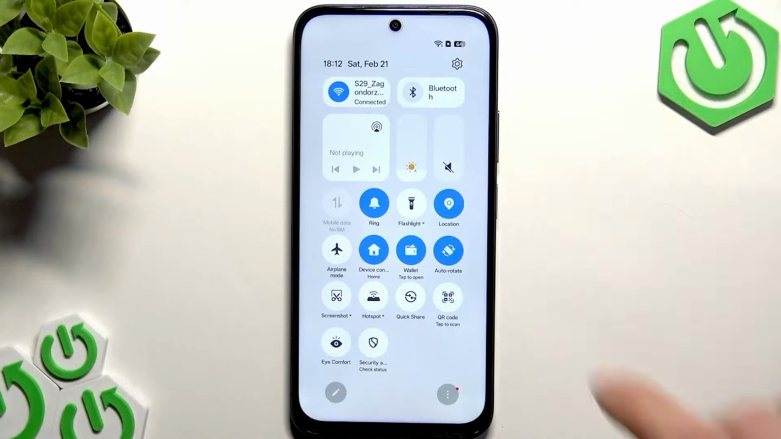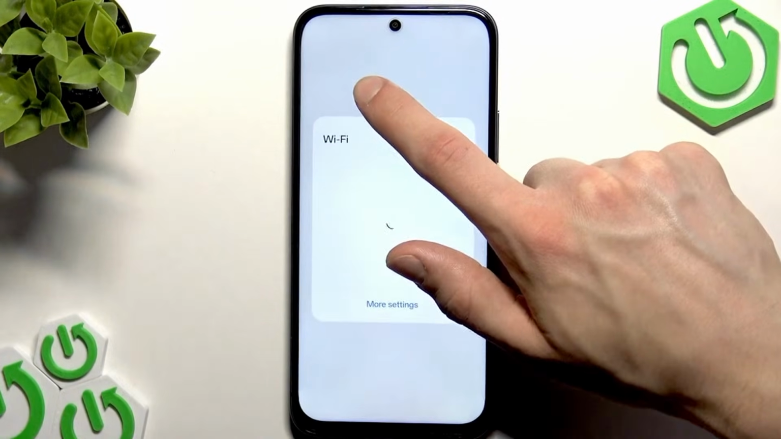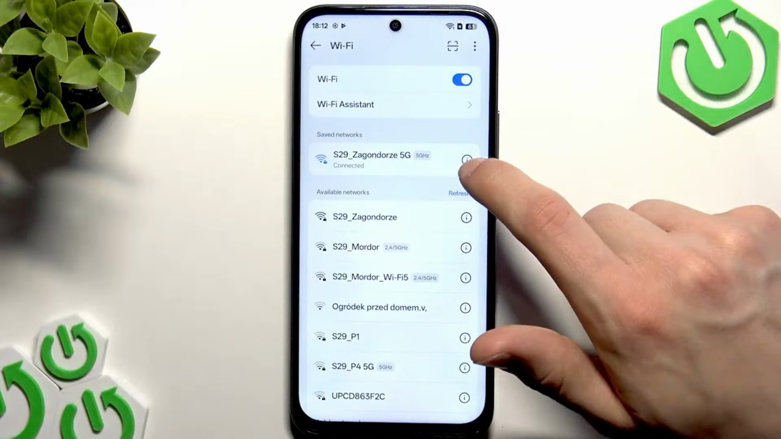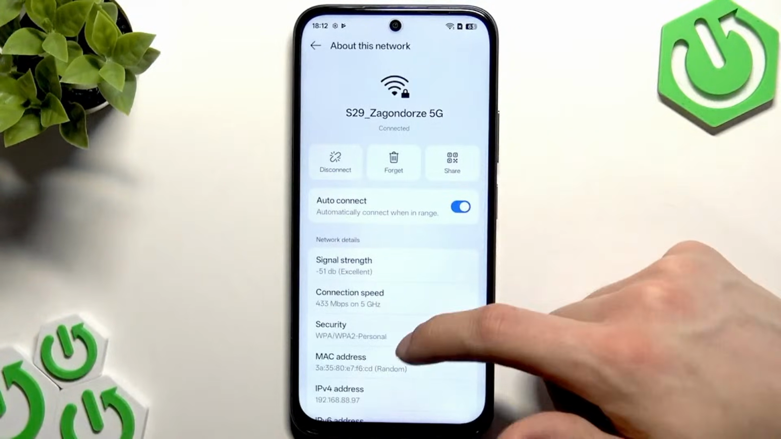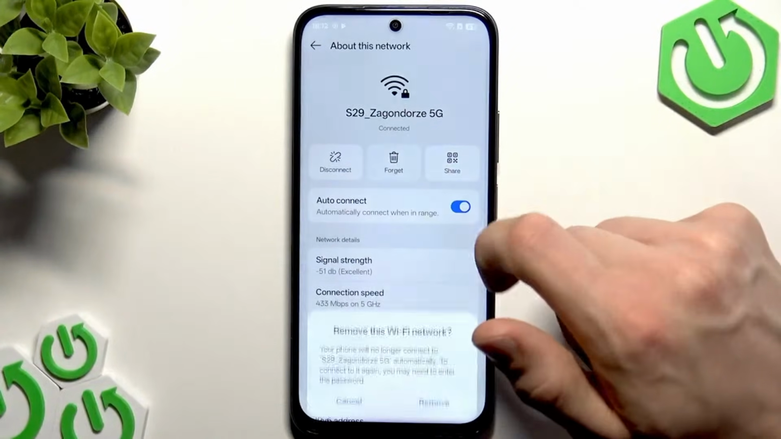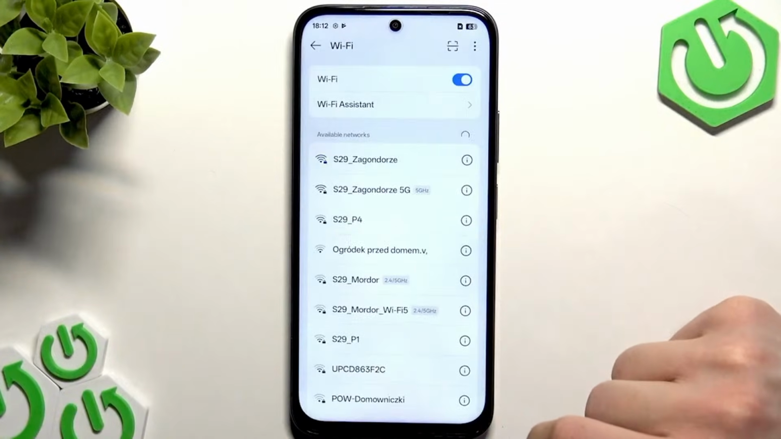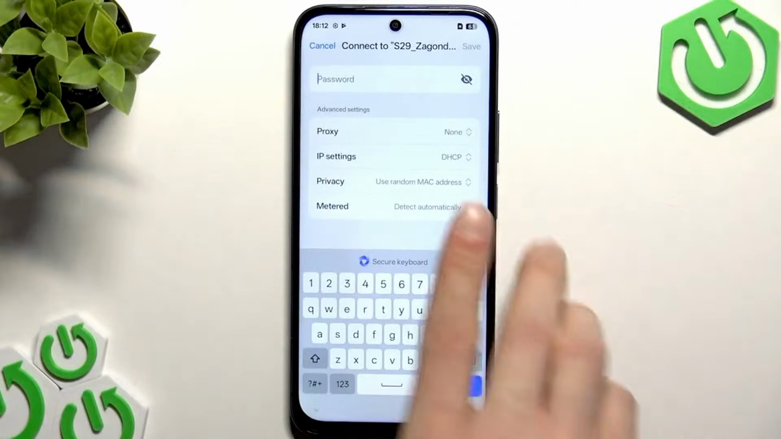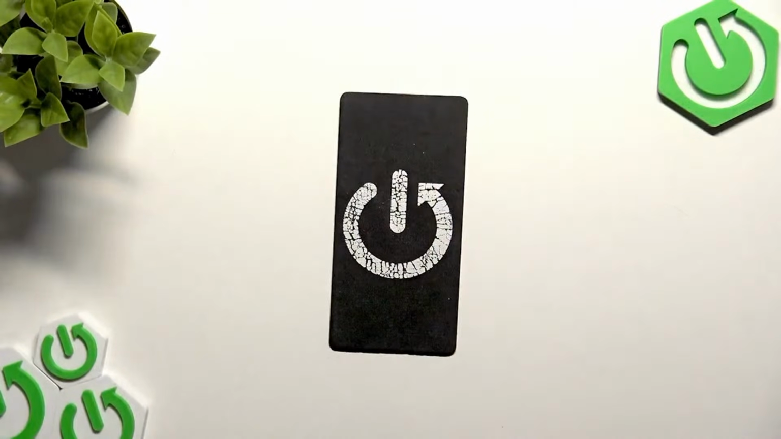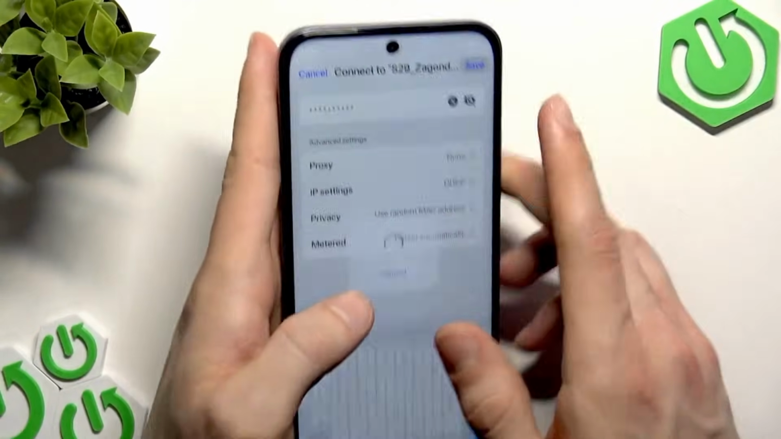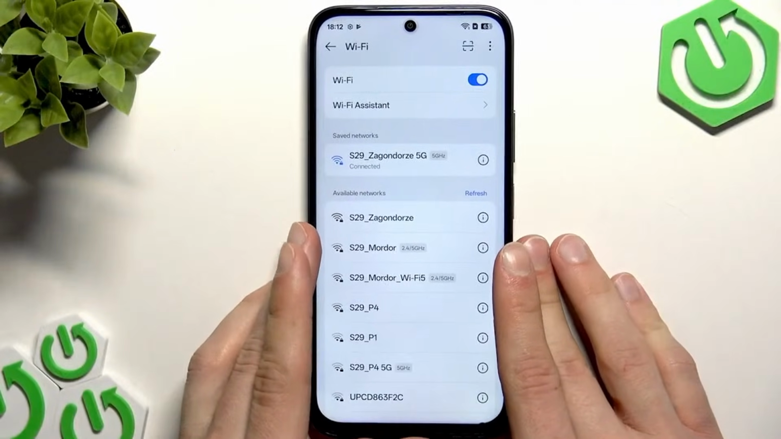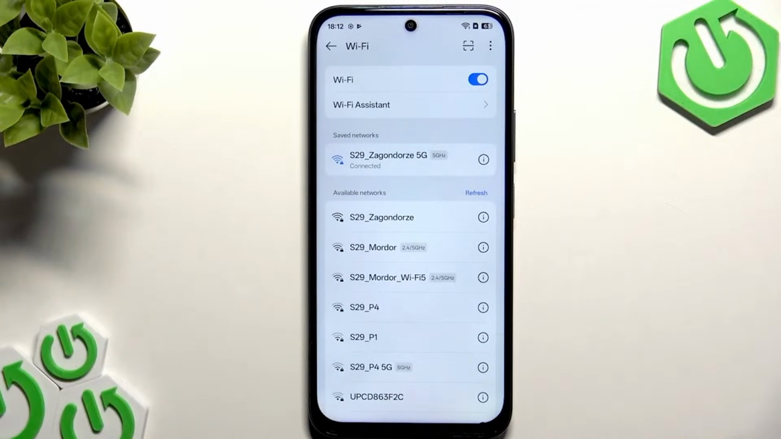And if this won't help you, hold your finger down on the Wi-Fi tile, select More Settings here, then select your Wi-Fi network that you are connected to and forget this network. Tap Forget, Remove. Then select it on the list once again and enter the password to it. After entering the password, tap Save. Okay, so right now we are reconnected to this network,